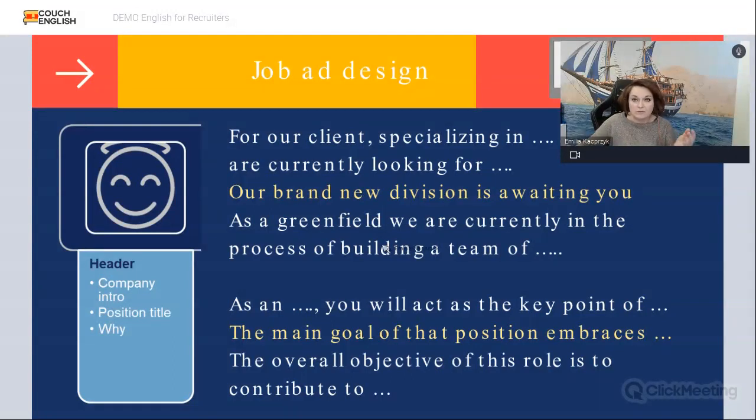So then I can call this new division in Poland greenfield, like a completely brand new one, which is just being built from scratch, from nothing. There is in English one more phrase which is to some extent connected with greenfield, and that would be